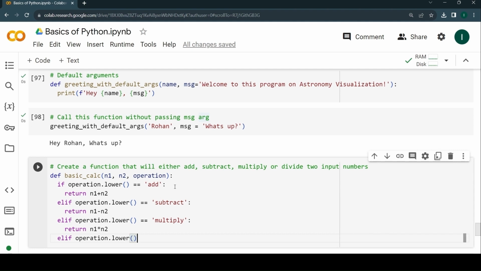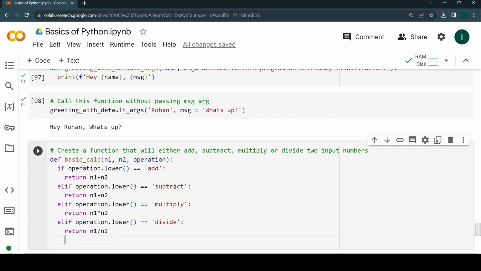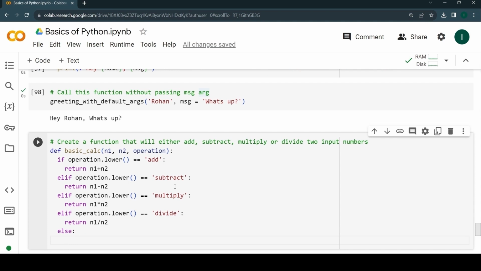And then else if operation.lower is 'divide', then you're going to return what? n1 divided by n2, right? Else, if anything else is given as an input apart from add, subtract, multiply or divide, you're going to say that print,